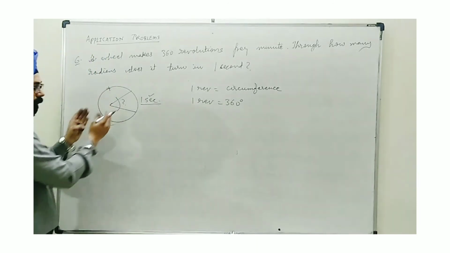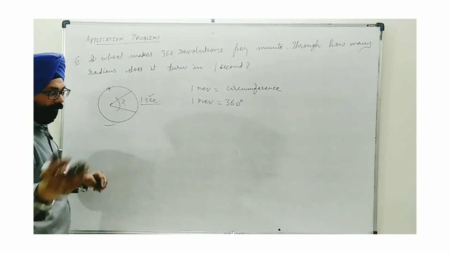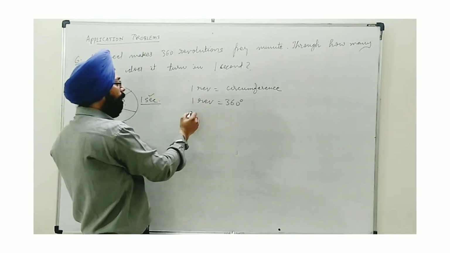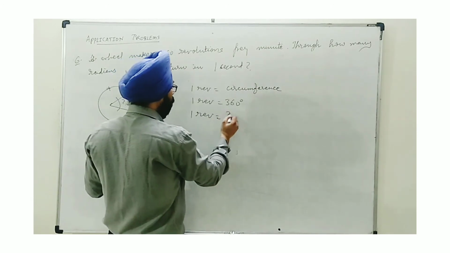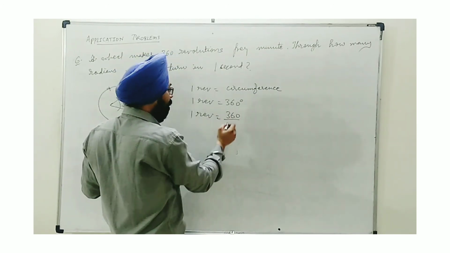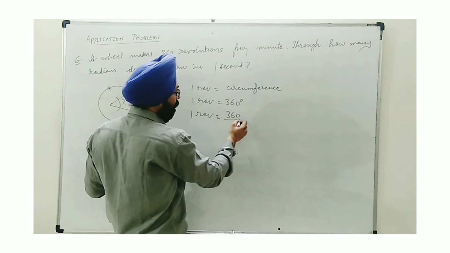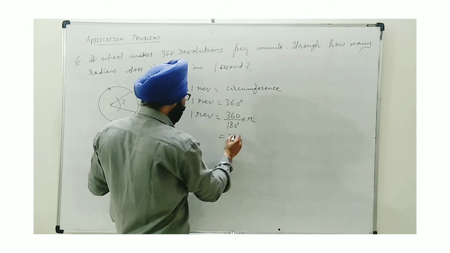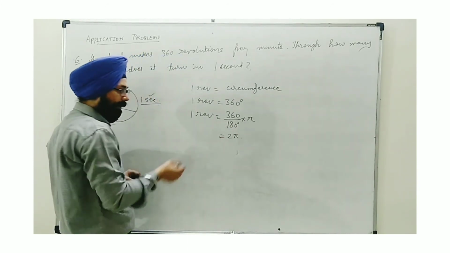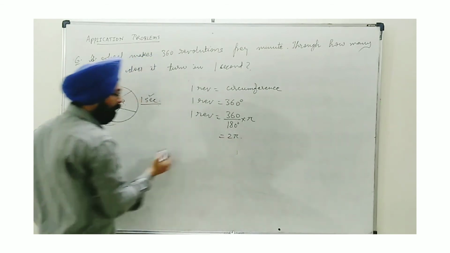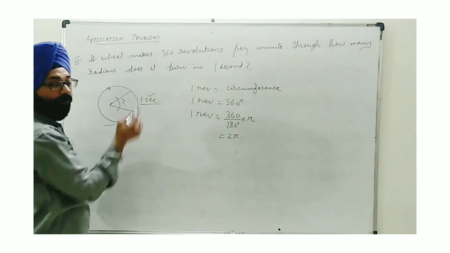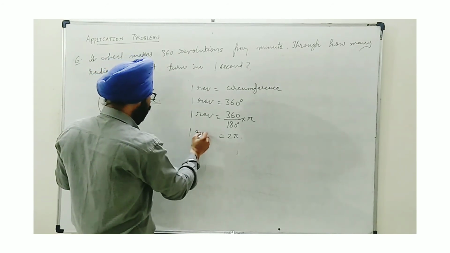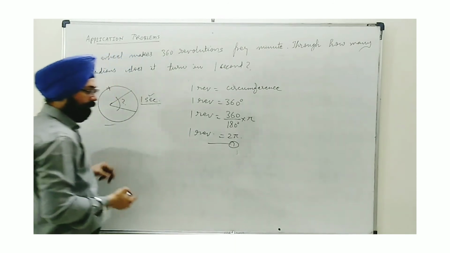But as we are going to use the concept in a circle, and maybe we are going to use L equal to R theta, we need this in radian. So 1 revolution will be equal to 360 degrees. If you know it directly, you put that. Otherwise, 360 degrees is given, so we can convert this with pi by 180, and we get 2 pi. 180 will divide, pi will be multiplied. So 1 revolution gives us 2 pi. How many revolutions are there? 360. This is the first relation which is helpful.